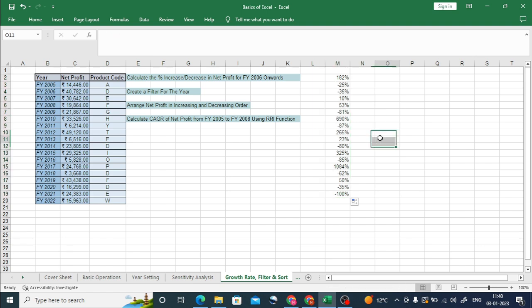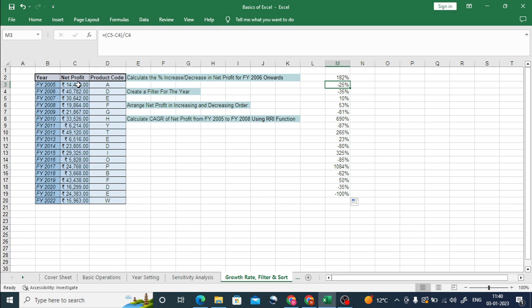We will get all the percentages by itself. Now let me explain to you how it happens. Over here, when you select the first cell, you can see the formula in the formula bar. C4 is 40,782 rupees minus C3, which is 14,446, divided by C3, which is 14,446 rupees. Now, when we come to the next cell, see, automatically it has increased each and every cell by